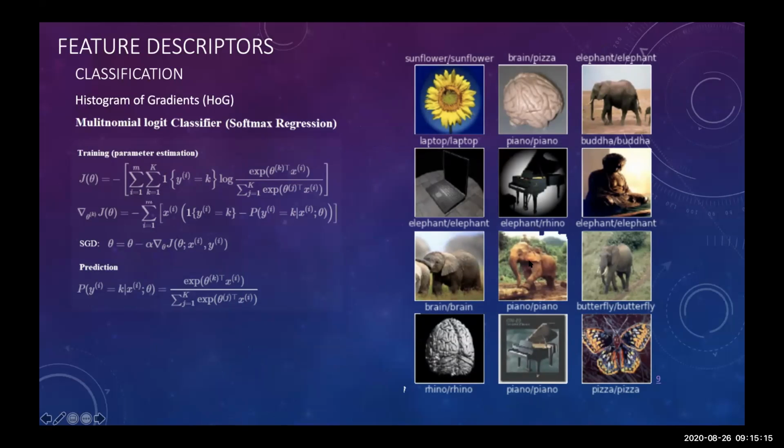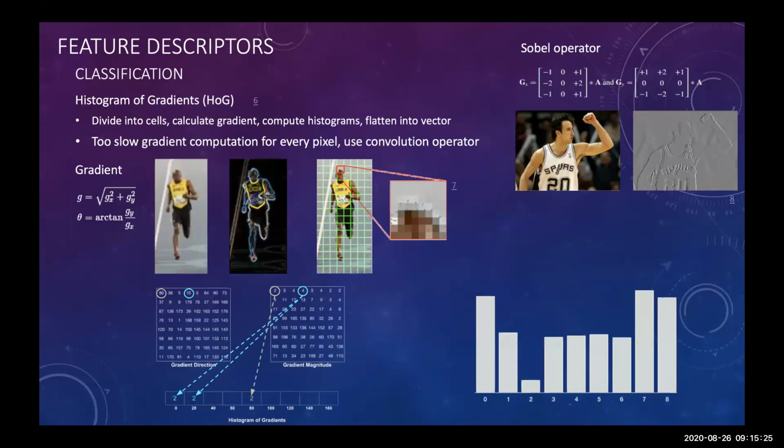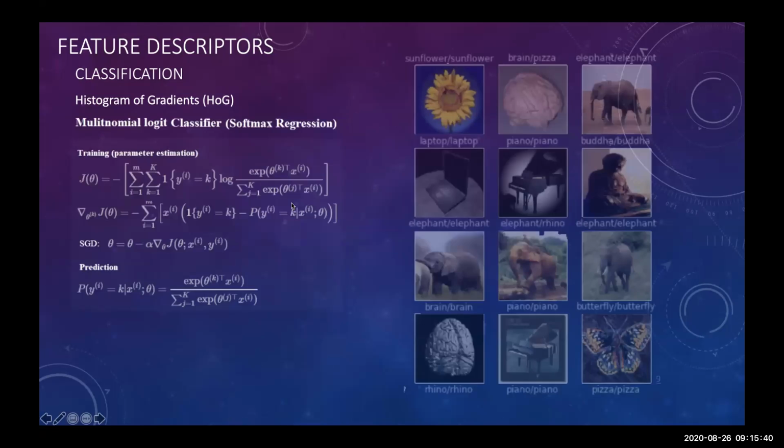It recognized the elephant as a rhino, so it doesn't do that badly. It recognizes a pizza as a brain, but it recognizes this sunflower as a sunflower. So this is a relatively simple approach where you just do a histogram of gradients, flatten that into a vector, and send it to logistic regression. But this was the state of the art before 2012, and it still got the job